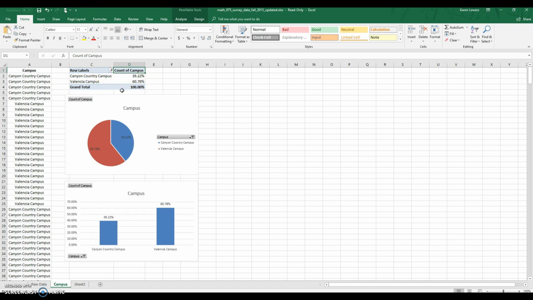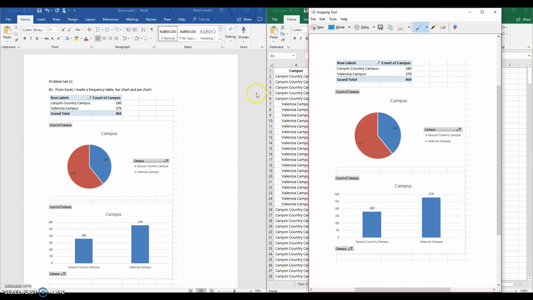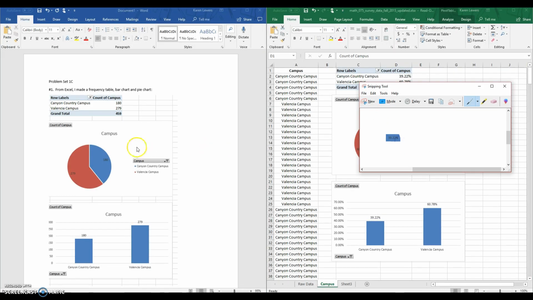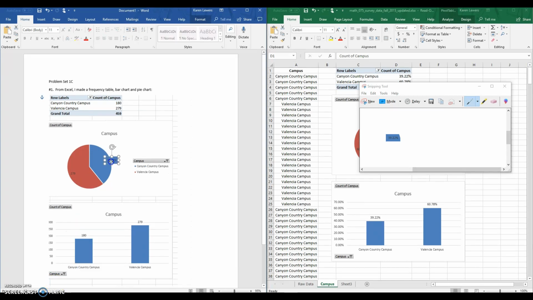So I can go back to my Word document and let's see, what I think I'll do here is do snipping tool and snip just the % to paste that onto my campus data. It came out over here. You can edit this to, there's a couple different ways to do this. This is one way is to just cut and paste the percentage there. You can also use a text box and just add the % there. Or if you're printing, you can just write it on in pen. So one way to do